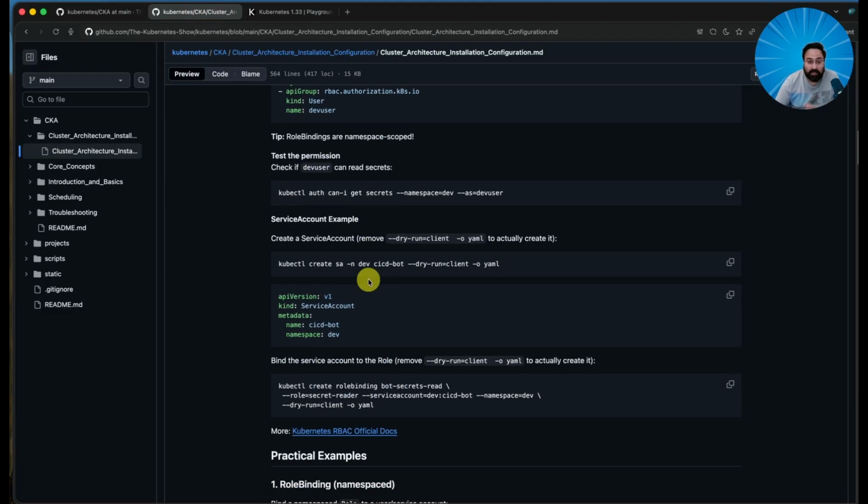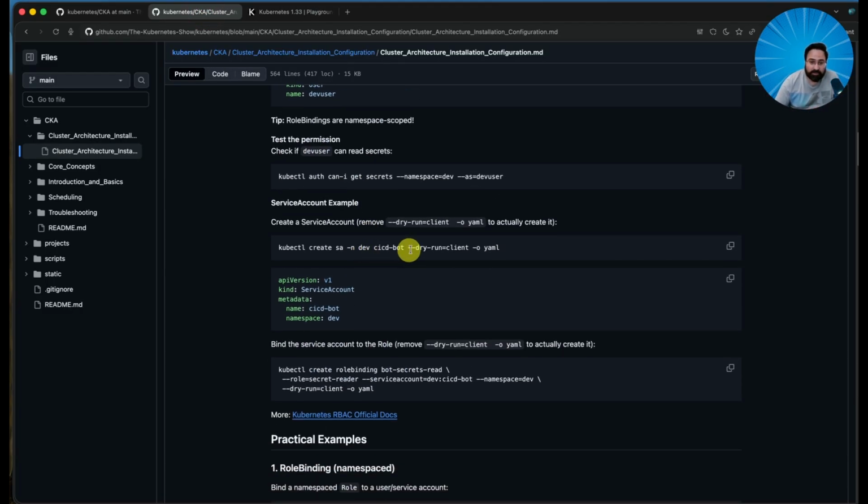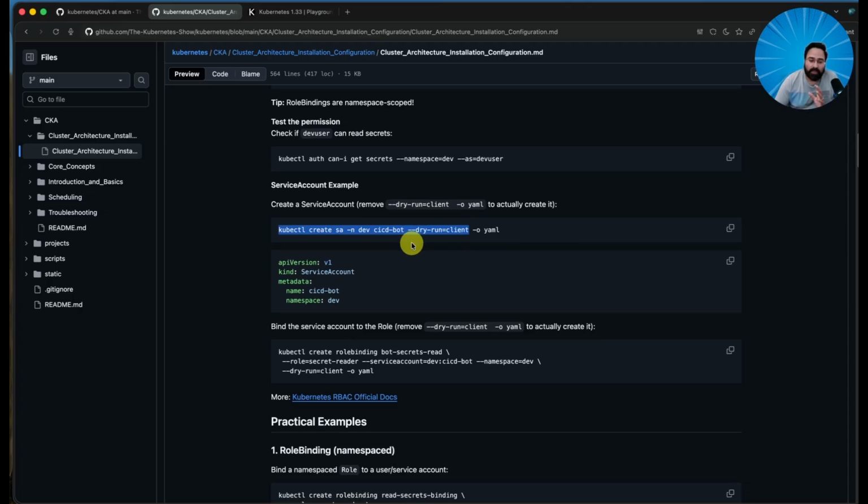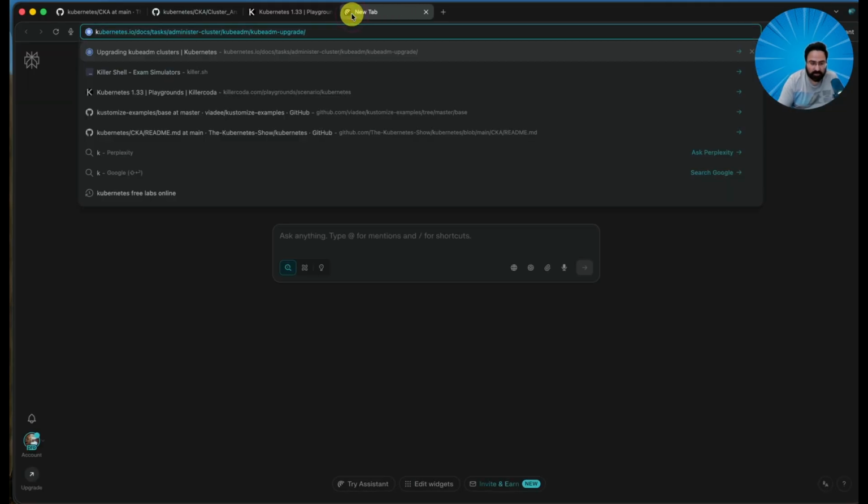Okay. All right. With that, I'll show you how to create a service account here. I'm creating one CI/CD bot service account. If you really want to do it, you can create it. But there is official documentation when you go on